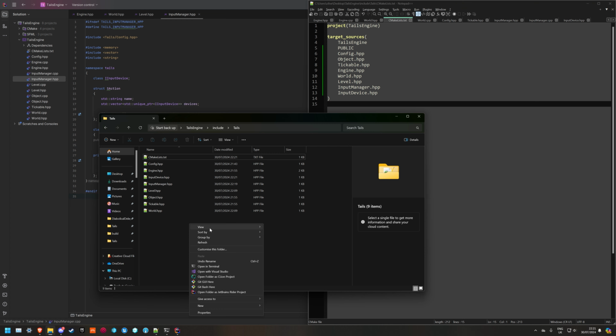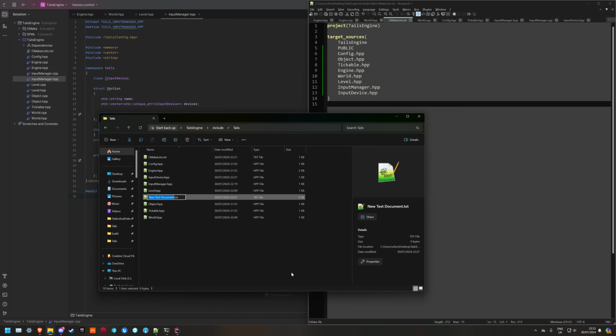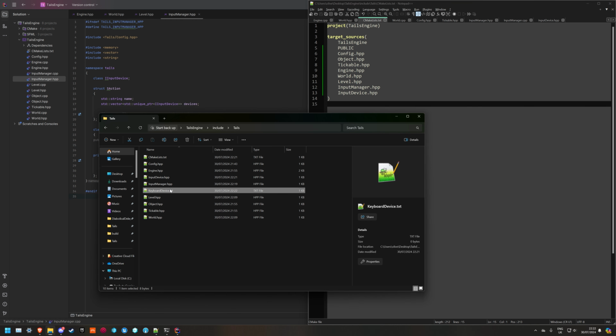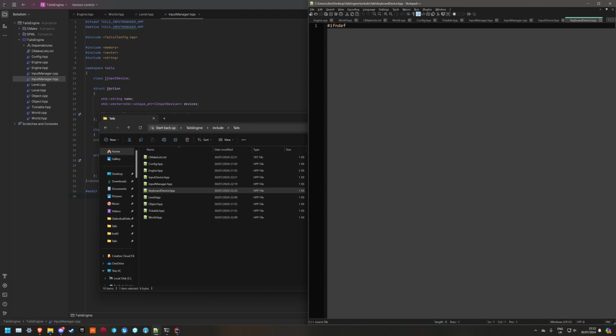And then I want to make a keyboard device. Oh wait, it's just a TXT. Here we go, if not defined tails keyboard device HPP,